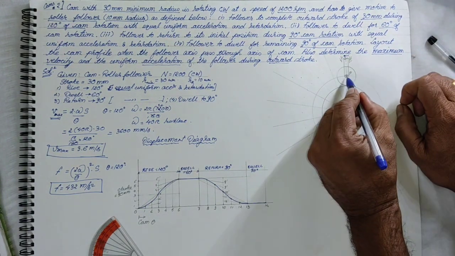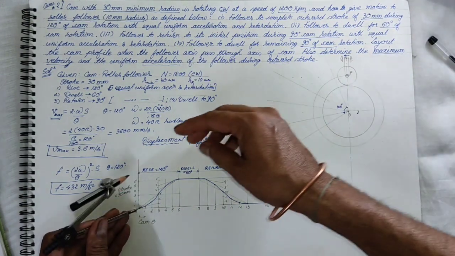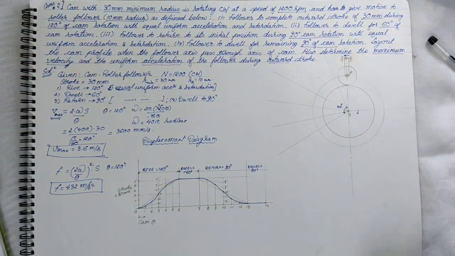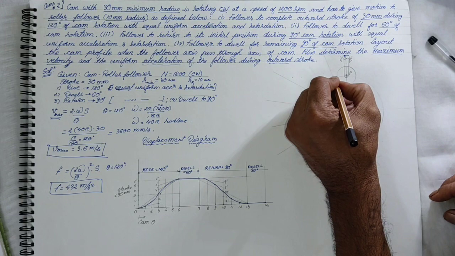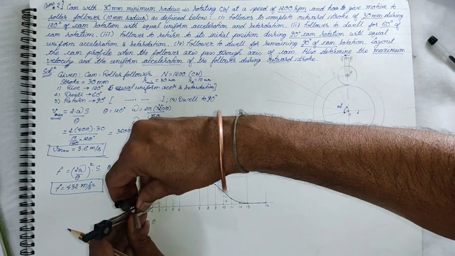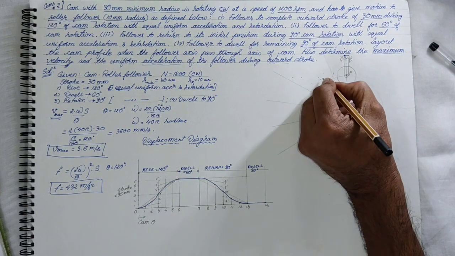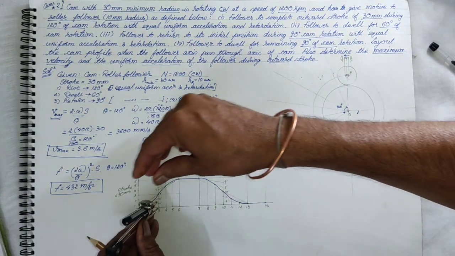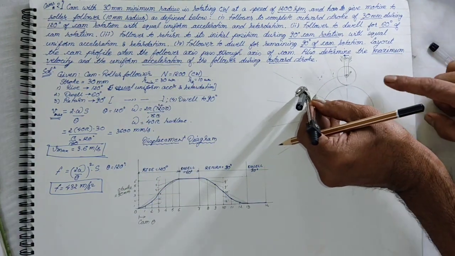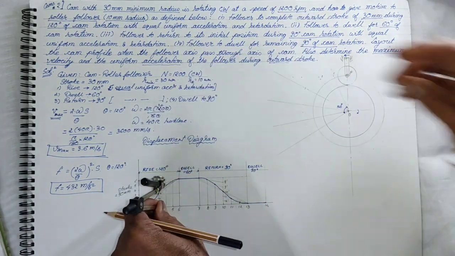And now we will be marking or locating the trace points on the lines of action from the displacement diagram. So this is the first. So from the trace point we mark it. So we get this as the first point, so I name it as 1. Then we take displacement 2 in our compass, second position, so I get this as 2. Then 3, from the trace circle, 3. And then 4.